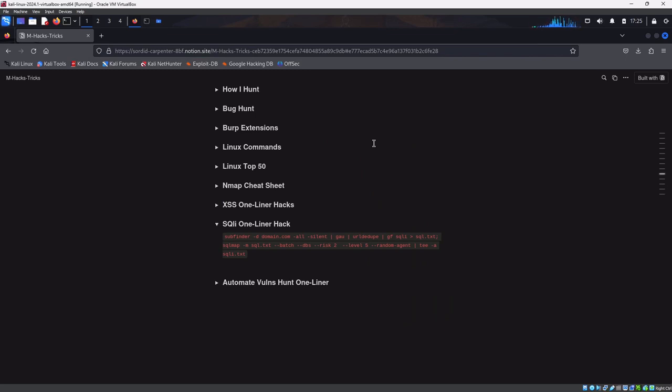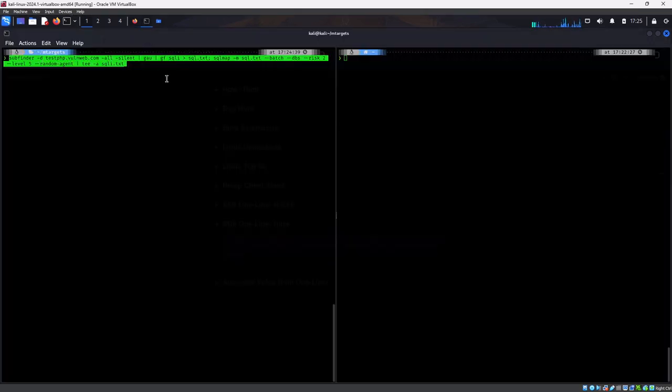In this video I'm going to look into how to identify SQL injection vulnerabilities in a given domain, using this powerful command line that has a pipeline with different tools. I'll run this command, then we can try and explain what is happening as the command